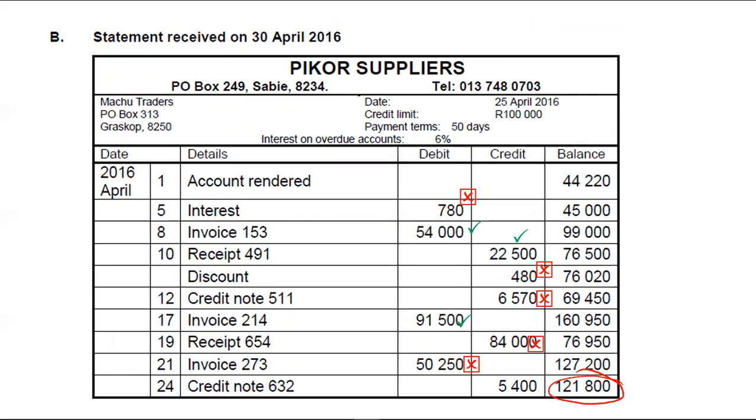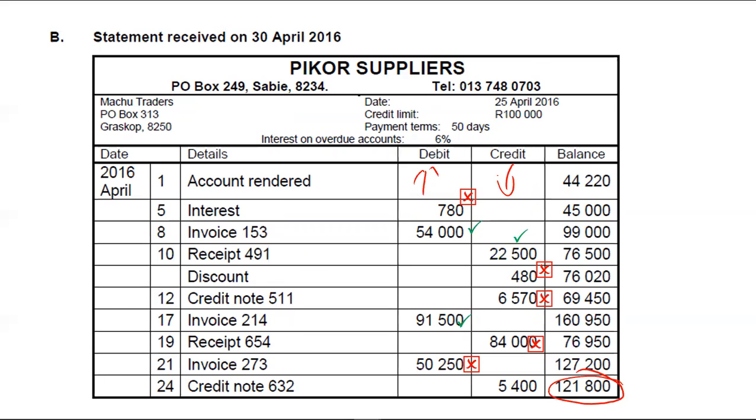And then we've got a credit note on the 24th, which is 632 of 5,400. A credit note, it is recorded correctly because it's supposed to reduce what we owe the creditor. Okay, remember, credit here means it is going down. Debit means we are buying from them, so it will go up. So when we return goods to them, they will credit our account. But let's see if we did,